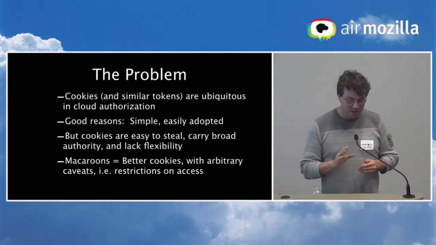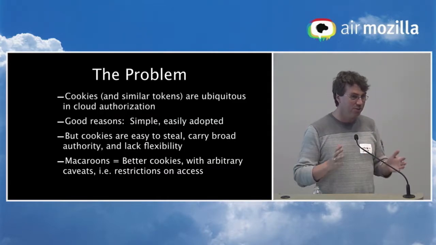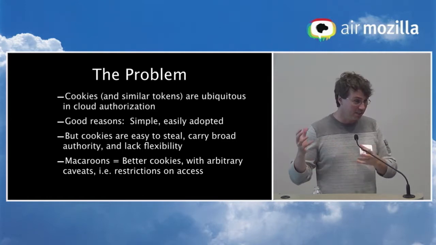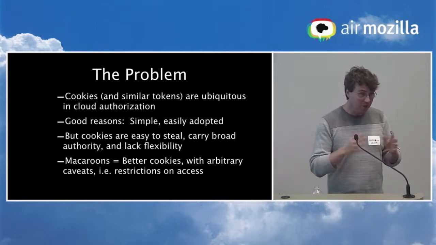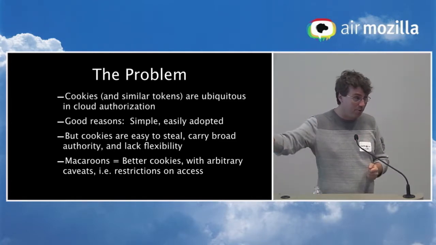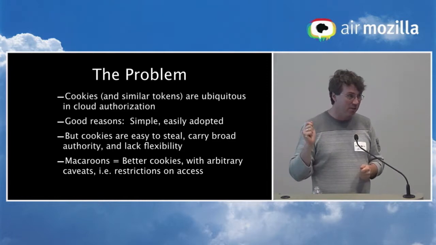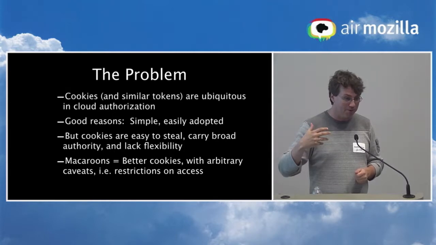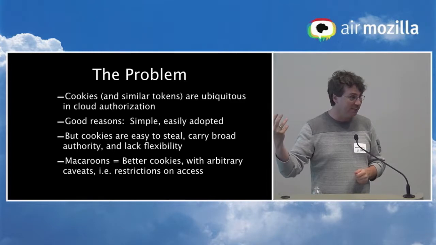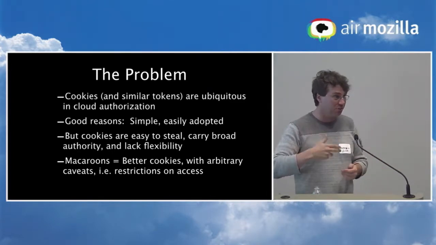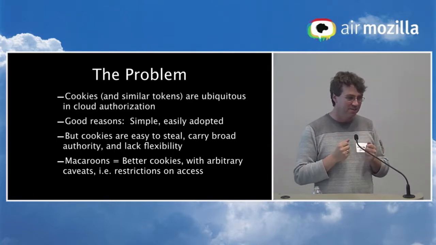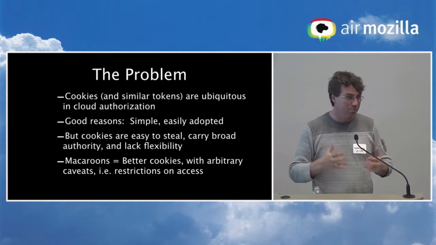So what are the problems? Well, I don't have to explain to you here that stealing cookies is a real problem, and cookies are powerful bearer tokens. Cookies are everywhere because they're really simple. So handing your car key to the valet is a really simple act, and cookies are a great way to understand who is visiting your website. As they're coming back, they can have a shopping basket, even though you have no relationship with them. You just know that they're the same guy you gave this cookie to. And you can see how cookies very quickly became a powerful primitive to build the web around.